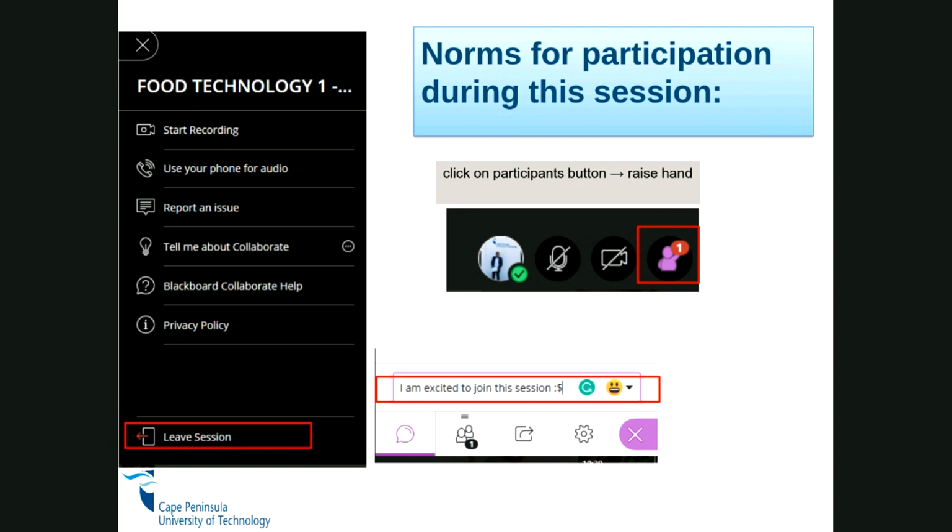At the bottom, we have the chat where you can ask questions or answer questions or share some comments. If you click on the left hand side there, you should see 3 dots, and at the bottom there is an option to leave the session. So we can leave the session when we are done.